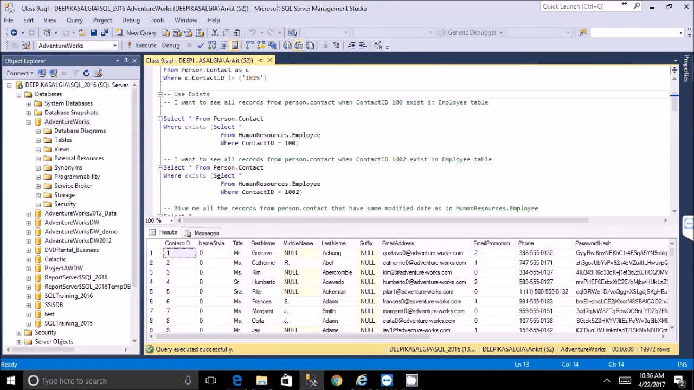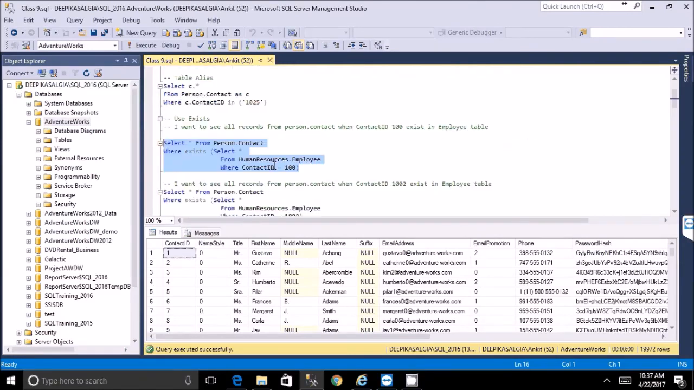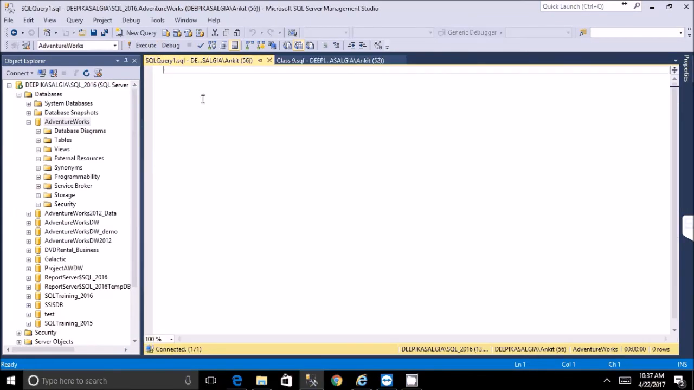Because there is no dependency between the inner query and the outer query, right? Does it make sense? Okay, now let's expand on the same thing. What we would do is, if I ask you, now you're using the exist, right? But what do you want to do is, if